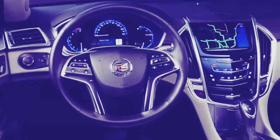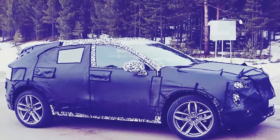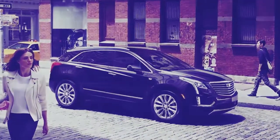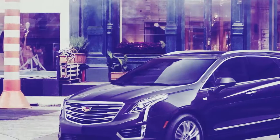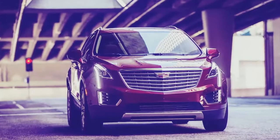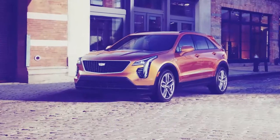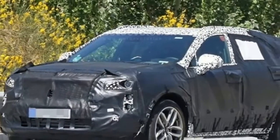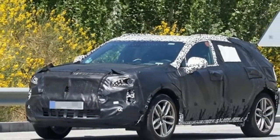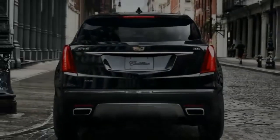With a strong list of safety equipment, an ample and flexible interior, and better than average looks, the XT6 is everything a mid-size 3-row crossover should be. Notice, however, that we didn't use luxury in describing it, as in everything a mid-size 3-row luxury crossover should be. It fails to match its rivals' luxury quotients or seriously differentiate itself from its GMC and Chevrolet-badged kin. And for now, the equipment pricing is an open question. Cadillac so far only will say that the XT6 will be priced between